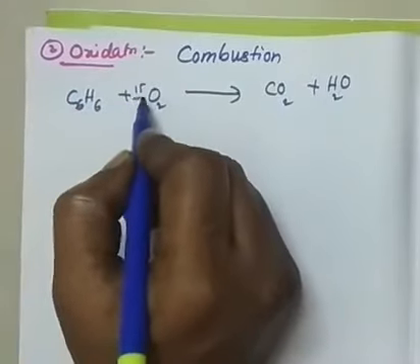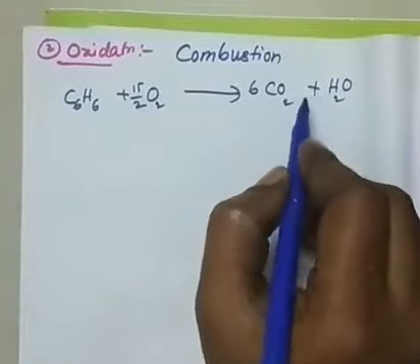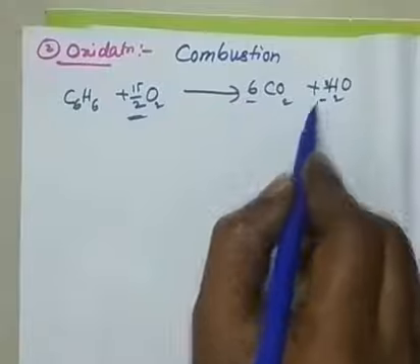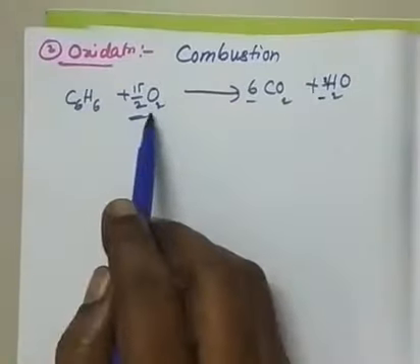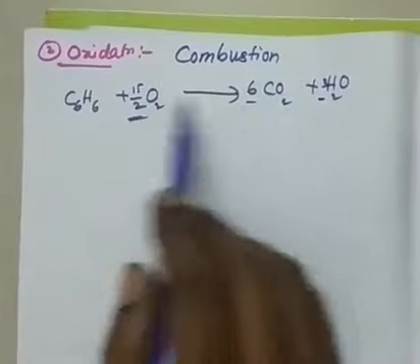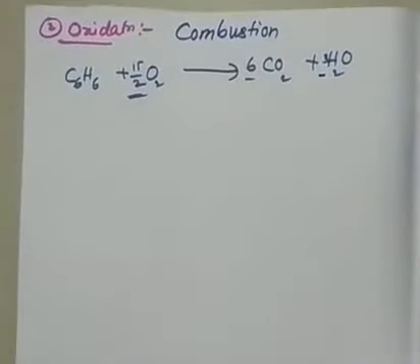Actually if you want moles here, 15/2 O2 and 6 carbon dioxide molecules, 3 water molecules are coming. Just don't worry about the ratio, the moles. Just remember that benzene on reaction with oxygen will give rise to carbon dioxide and water. This is called your combustion reaction, right? So 2 reactions over. Then third reaction.